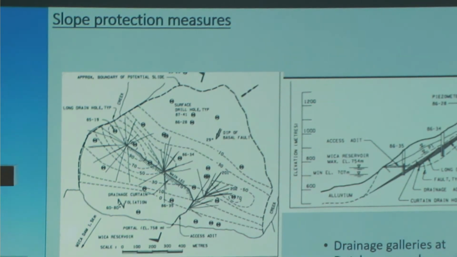And this one is again the example of the Dutchman Ridge, just upstream of the Mica Dam I just described. This one includes almost 9-kilometer long drainage galleries in different directions. And then they measured, you can see here, the pore pressure before and after the introduction of the drainage gallery. This pore pressure reduction will certainly increase the friction parameter, I suppose, and that will help reduce the rate of the slope movement.